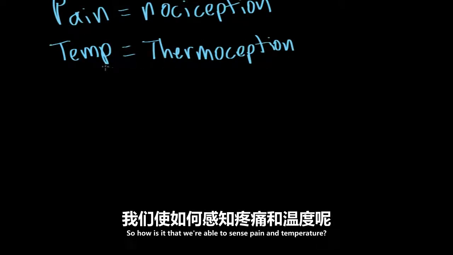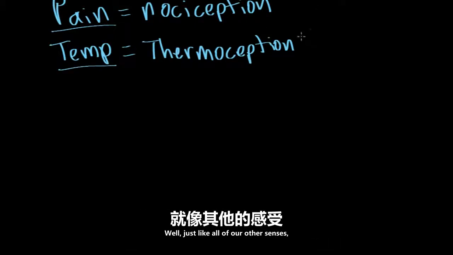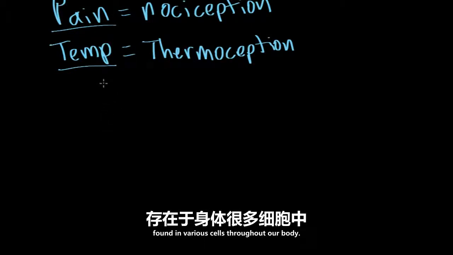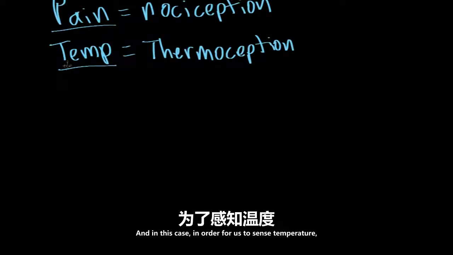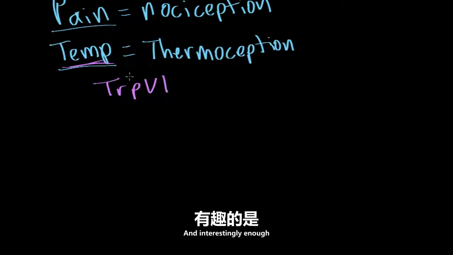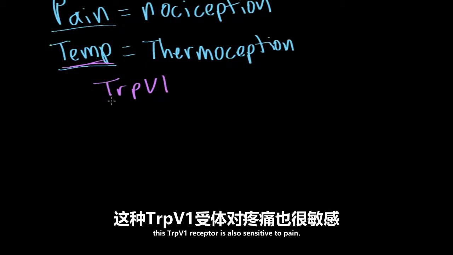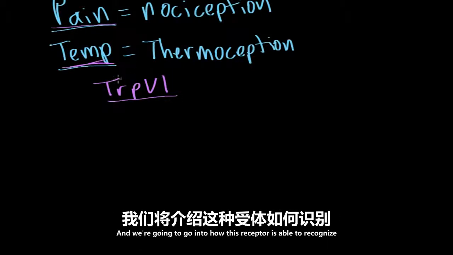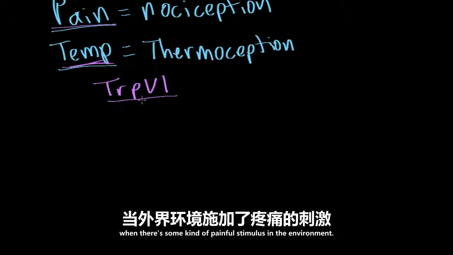All right, so how is it that we're able to sense pain and temperature? Well, just like all of our other senses, we rely on a very specialized type of receptor found in various cells throughout our body. And in this case, in order for us to sense temperature, we rely on a receptor known as the TRPV1 receptor. And interestingly enough, this TRPV1 receptor is also sensitive to pain. And we're going to go into how this receptor is able to recognize when there's some kind of painful stimulus